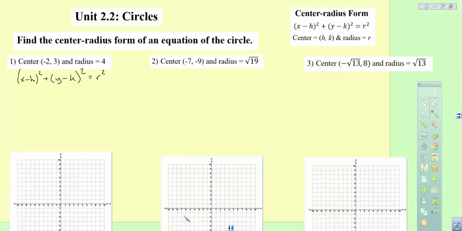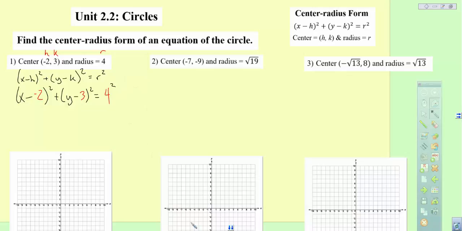And by the way, you'll definitely need to know that formula for the test. Alright, so in this case right here, this is going to be our h, this is going to be our k, and then obviously that's our r. So it will be x minus, our h value is negative 2, quantity squared, plus y minus, our k value is 3, quantity squared, is equal to 4